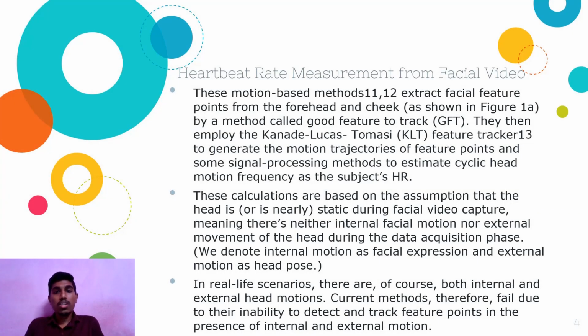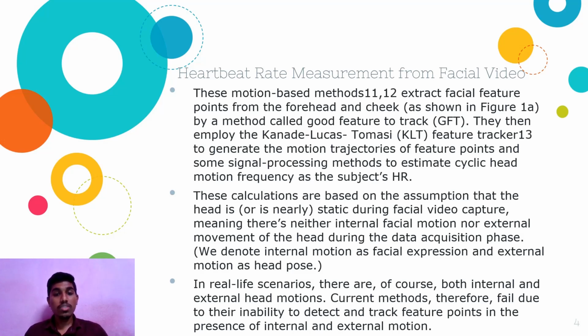These motion-based methods extract facial feature points from the forehead and cheek by a method called good feature to track (GFT), then employ to generate the motion trajectories of feature points and some signal processing methods to estimate cyclic head motion frequency as